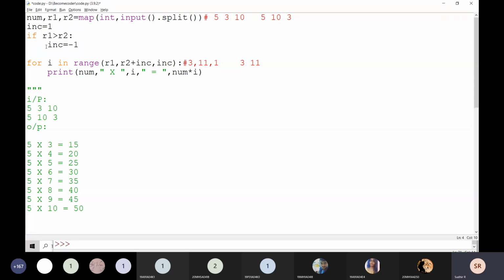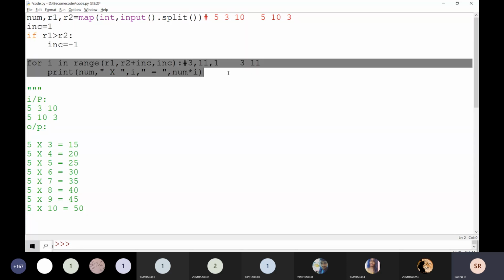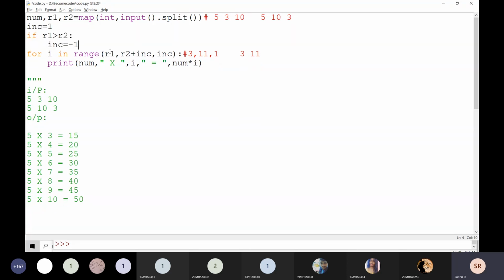With simple one variable I am going to do it. With only one variable I am going to do it. The same loop, there is no doubt about that. There is the same loop, and I am going to write using this INC variable only. Sometimes it is increment, sometimes it is going to be decrement. Okay, clear, everyone?